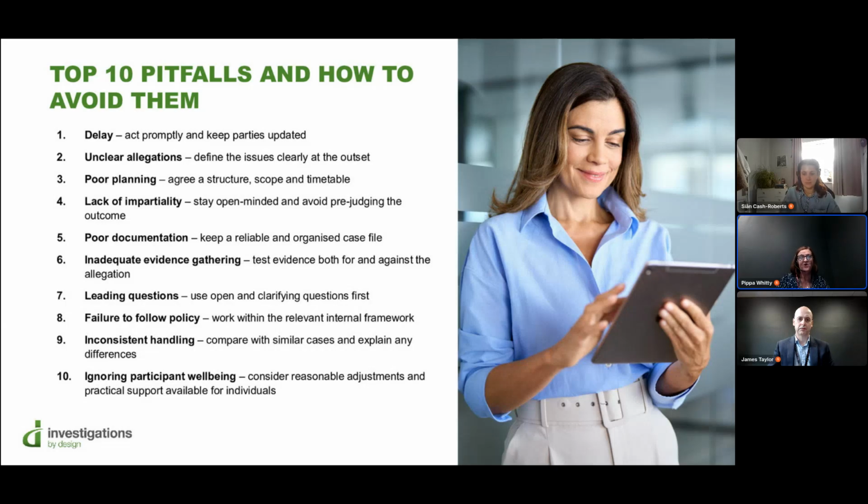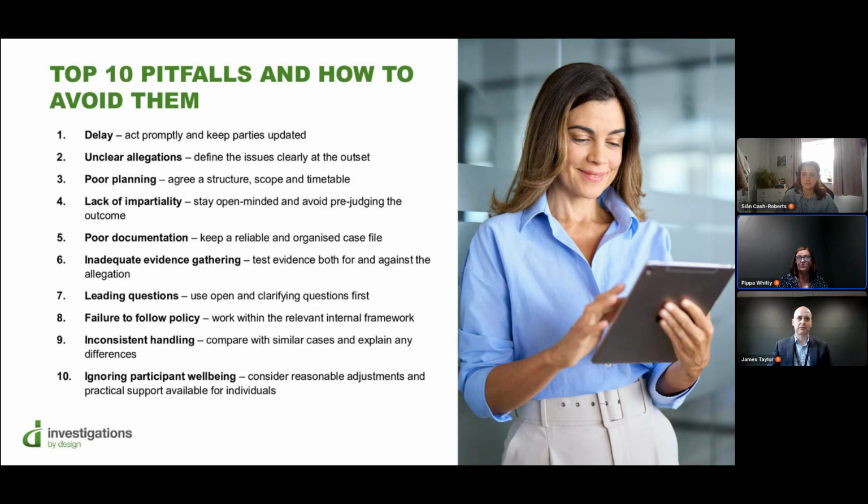Fourthly, lack of impartiality. Investigators really must try to remain neutral throughout, and this can be the most difficult part, especially if you know the person, especially if you've worked with the person, especially if you're involved with them on a daily basis. You will automatically have a view. But the role of the investigator is not to prove or disprove your case. It's to establish facts objectively, so that if and when you hand over to the next stage of the process, the next person can make a fair, balanced decision. Any perceptions of bias can weaken confidence in the whole process. So ensure that you keep all of your decisions and all of your opinions evidence-based.